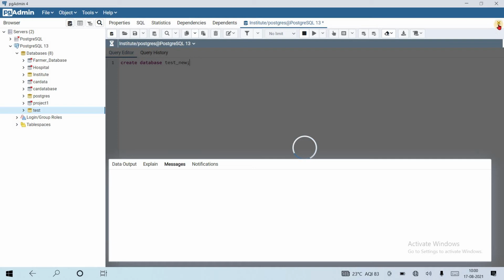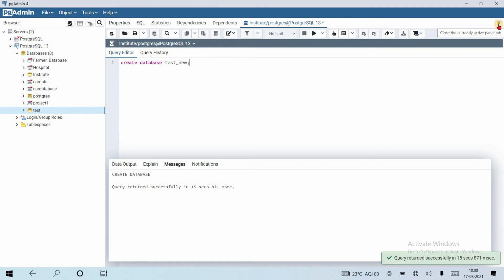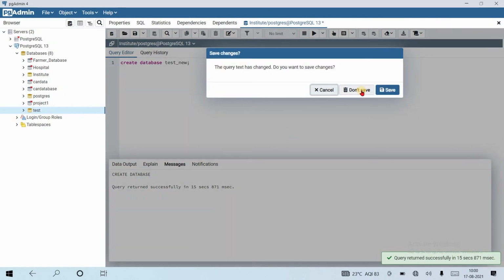Let's run queries inside this database, or change the search path to that database. Let's open a query tool for this database.